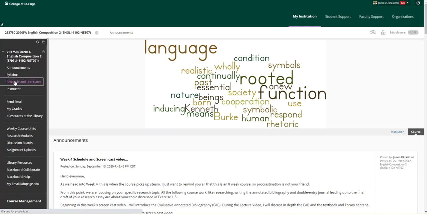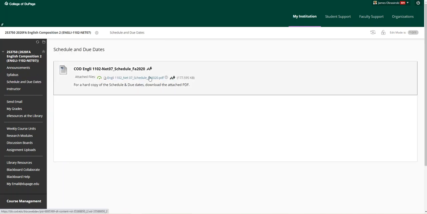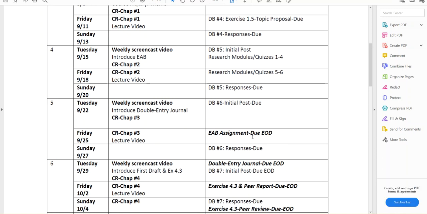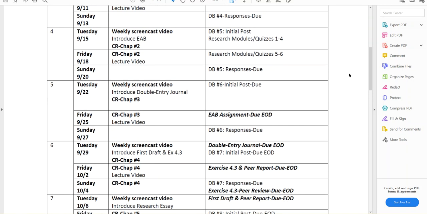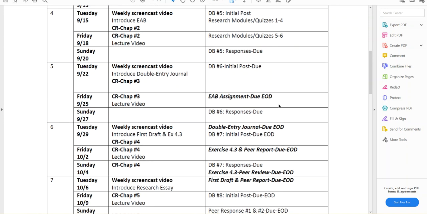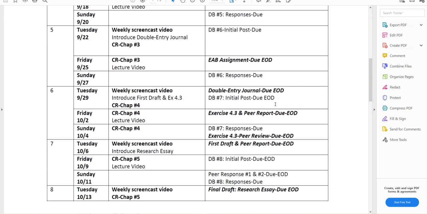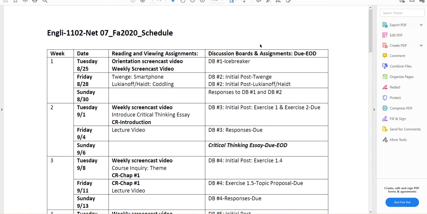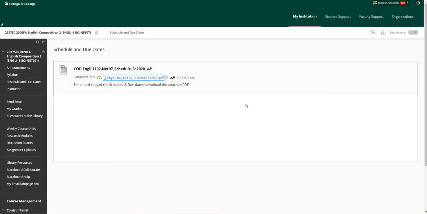If you look at the schedule and due dates, once again, I am introducing this particular assignment here because it will be due somewhere in and around Friday the 25th. So I'm introducing it here. You're going to need to work on it over the next week and a half as we get into 2 weeks. As we get into the end of week 5, it'll be due on Friday. And then we move into the drafting of the research essay. So much like I say, the course is coming. It's moving fast. Picking up steam,